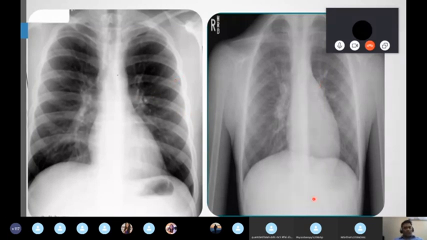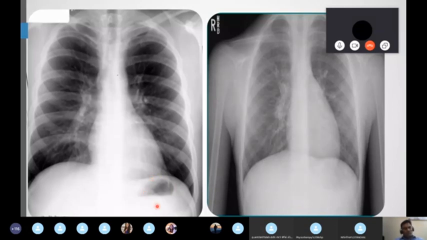Coming to the third point, the heart. I think everybody knows that in PA the heart looks well-defined with clear borders. But in AP the heart looks somewhat big, because the rays hit first on the anterior surface. So in AP the heart looks very, very big. Understand? Never comment about the heart in AP. If you want to say anything about the heart, the best way is to always see it in a PA, because in PA the heart has well-defined borders. Now the fourth point is the gastric air bubble. Most commonly you are able to see it only in a PA view. Gastric air bubble means air in the stomach.